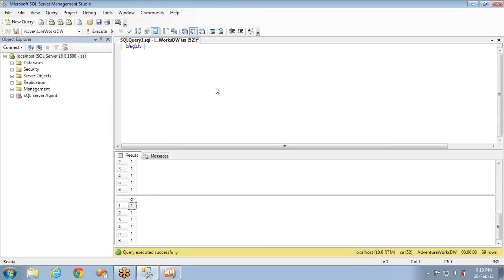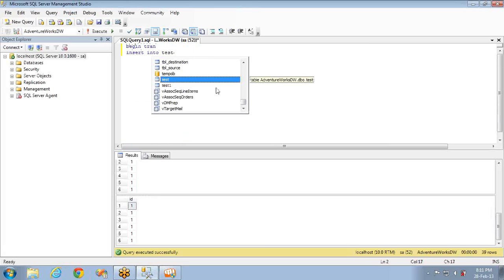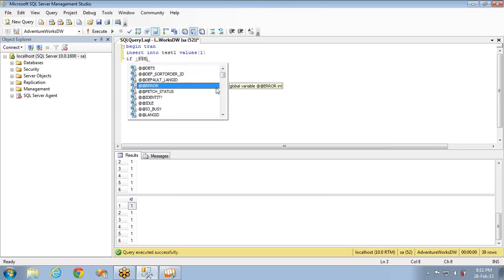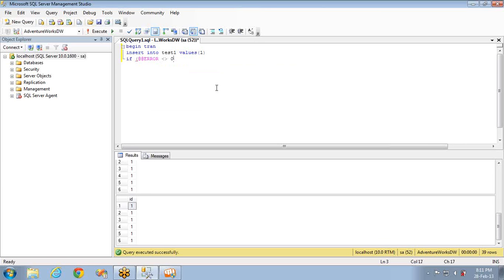I'm beginning a transaction and I'm inserting a data. Insert into test1 values 1, I'm passing into that, and here I'm checking some condition like if @@ERROR is not equal to 0.